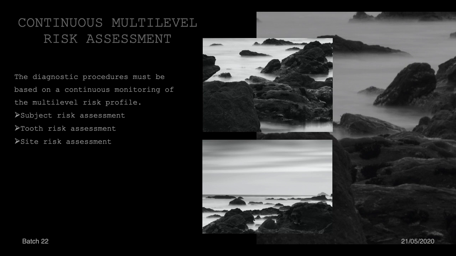periodontal maintenance therapy. So a continuous multi-level risk assessment should include subject risk assessment, tooth risk assessment and site risk assessment. So if the patient has a localized periodontal disease, then you have to evaluate the site for risk, whether the site can again go for a periodontal disease or not. That has to be done. The tooth level risk has to be assessed and subject level risk has to be assessed on every recall visit when the patient is coming for periodontal maintenance therapy, and the prognosis should be determined on every recall